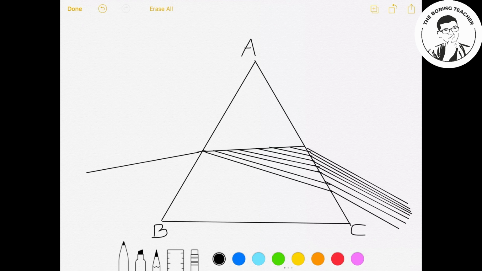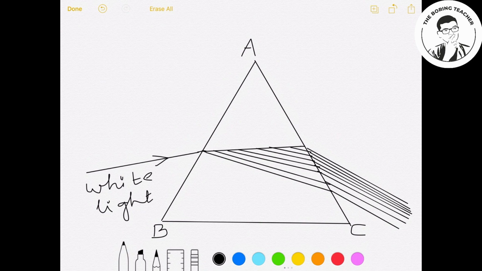But whenever it travels from one medium to another medium, that is, in our case, from air to glass, the speed of the light changes. And whenever the light that is traveling into the prism is not of a single color, let us say that in our case there is white light incident on the surface AB of the prism. Now white light is not of a single color, it is composed of 7 different colors, as we know. So whenever the light emerges on the other side of the prism,